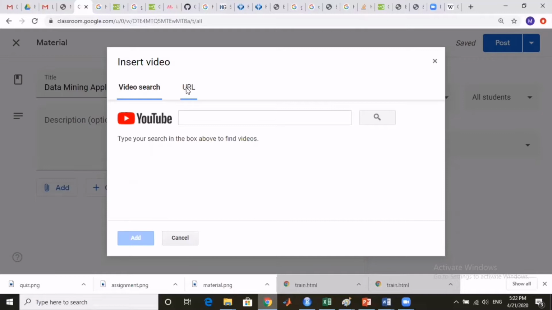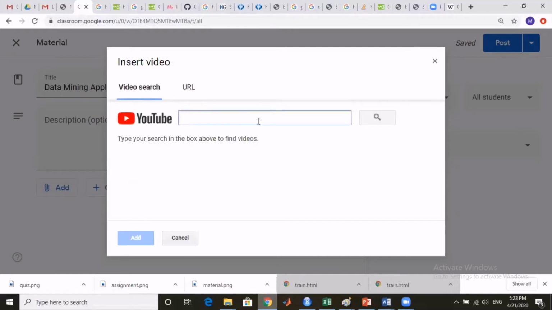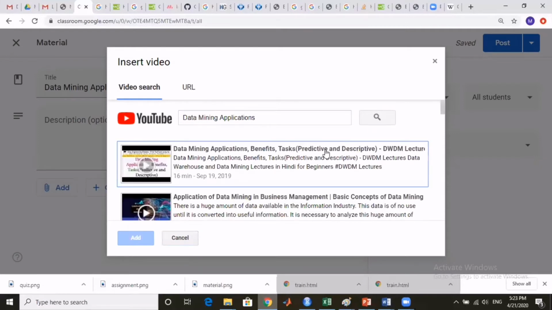Here you can either enter the URL of the video if you already have this URL, or you can search for a particular video here. For example, if I write data mining applications, and after clicking on the search button, it will list down the search results and different videos.